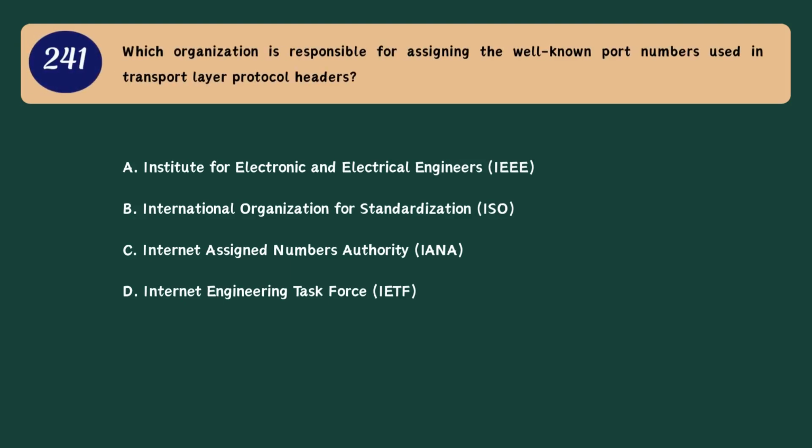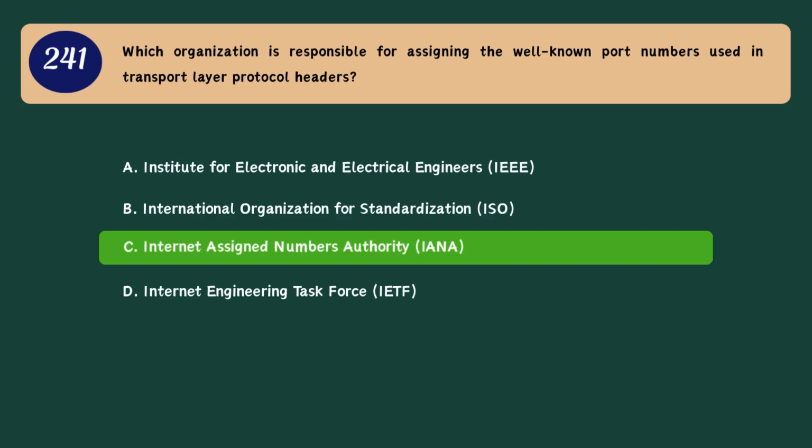Question 241. Which organization is responsible for assigning the well-known port numbers used in transport layer protocol headers? A. Institute for Electronic and Electrical Engineers. B. International Organization for Standardization. C. Internet Assigned Numbers Authority. D. Internet Engineering Task Force. Correct answer. C. Internet Assigned Numbers